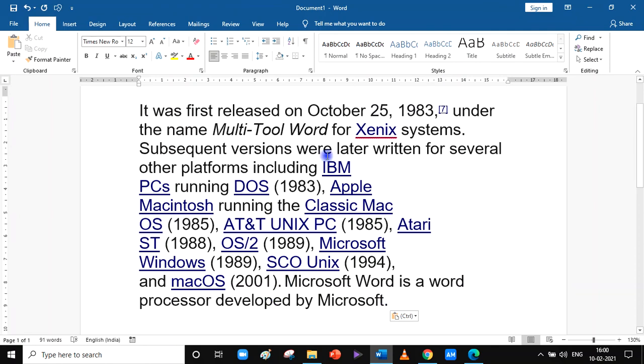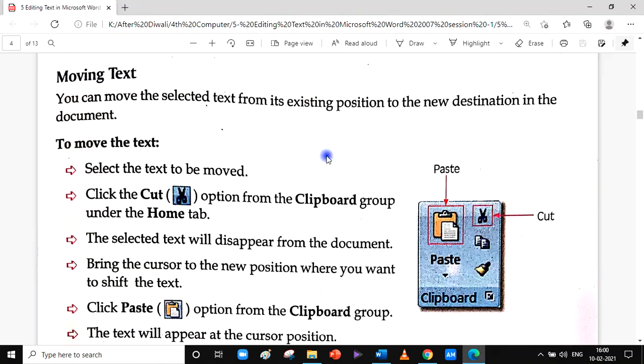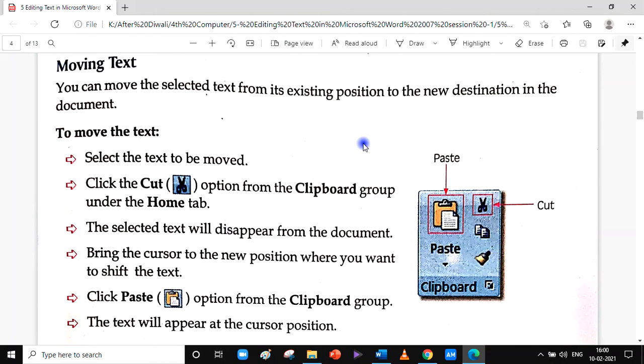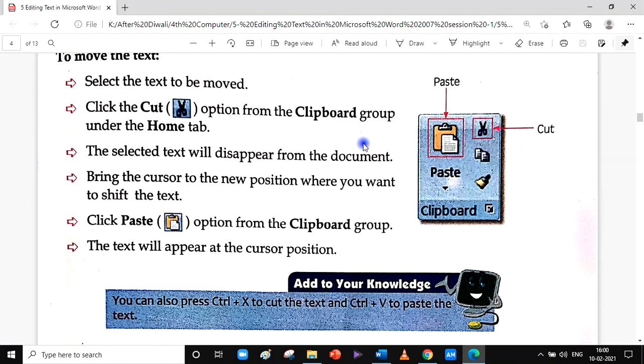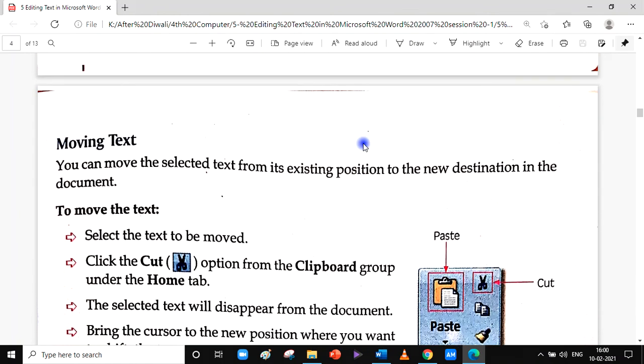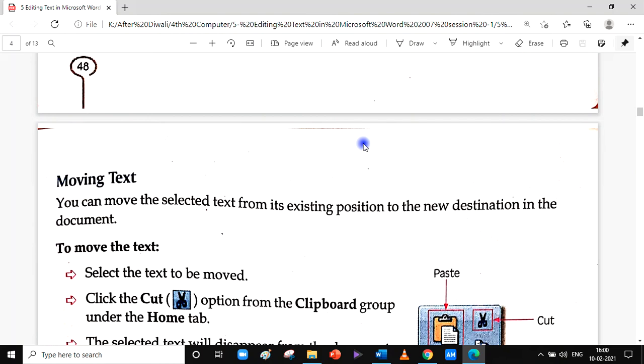So these are some important features of Microsoft Word for editing and changing the settings of the text which we edit in our Word.